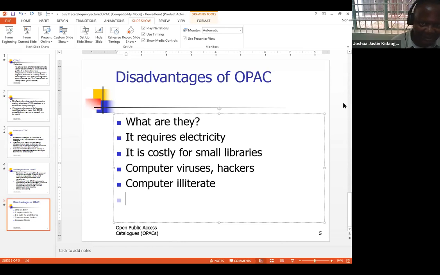These online public access catalogs require skilled library staff. Is that a disadvantage? It is not really a disadvantage, but for you to operate those catalogs, your library staff must be skilled. If they are not skilled, then it is a disadvantage. And then, of course,